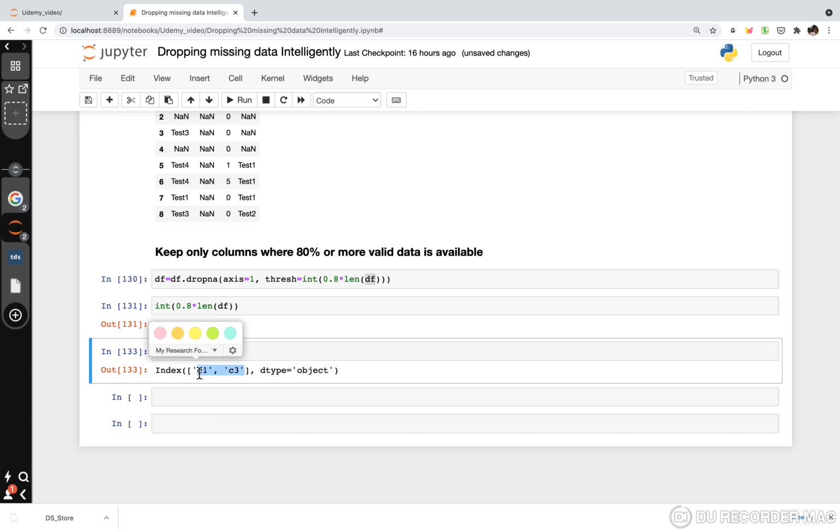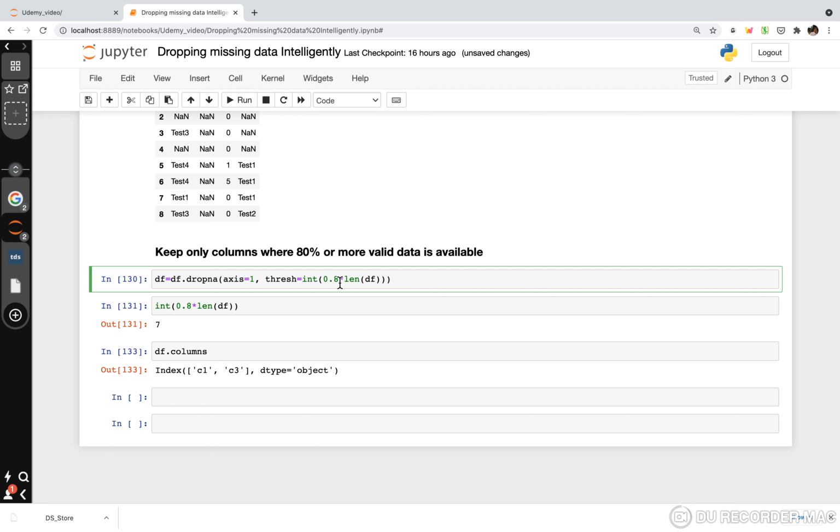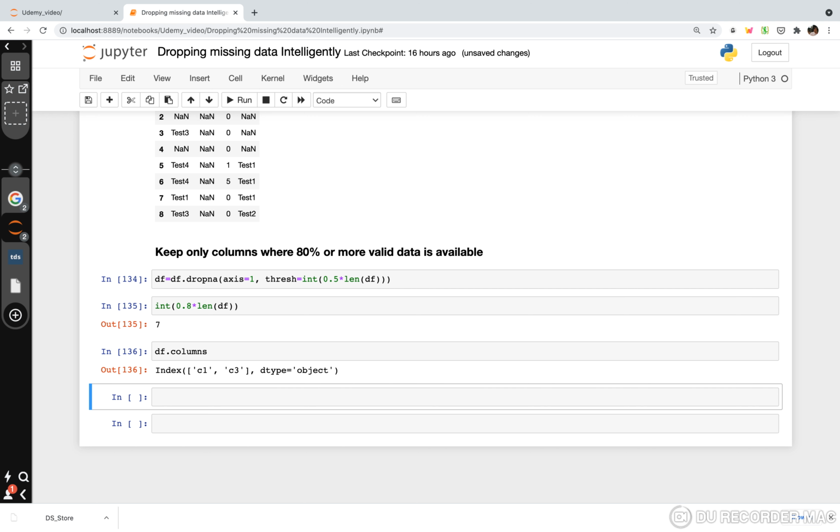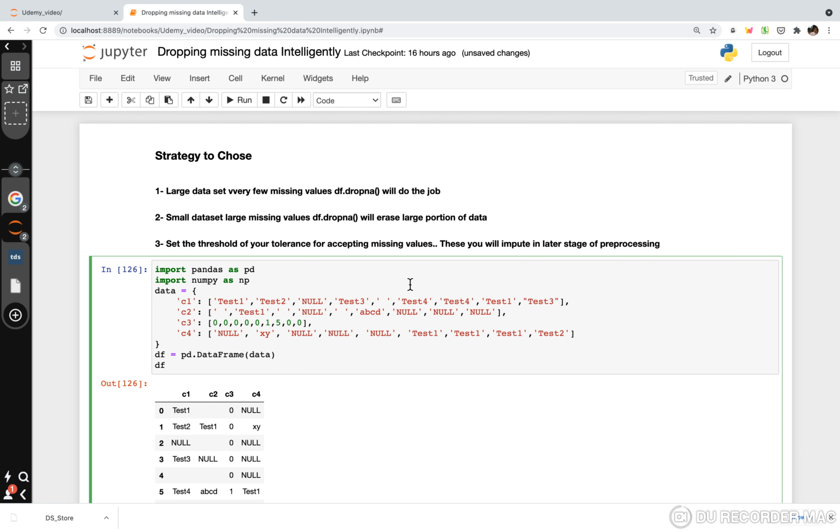And now you might say some of the important columns got deleted. So you can decrease this percentage, your tolerance level. Let's say I will keep any column which has 50% or more valid data. When you run it, sorry, I have to run it again.